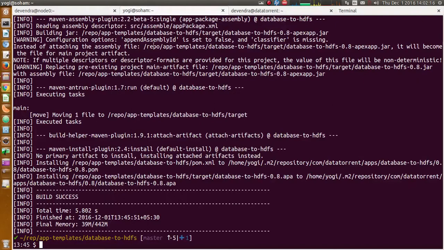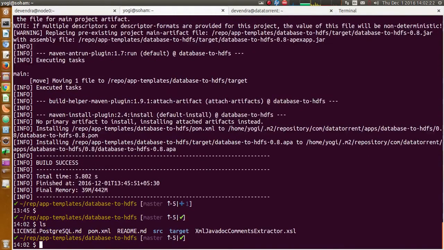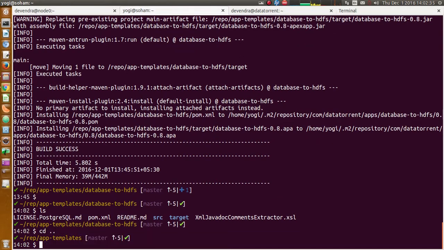For simplicity, I have already cloned this repository locally. If you are looking for steps to clone the repository, you can refer to the walkthrough document of this app template. So this repository is cloned in this particular directory location.